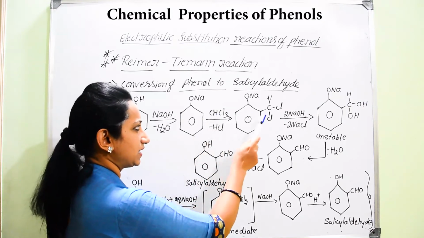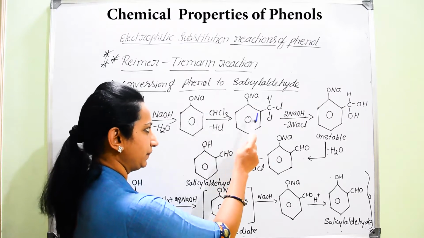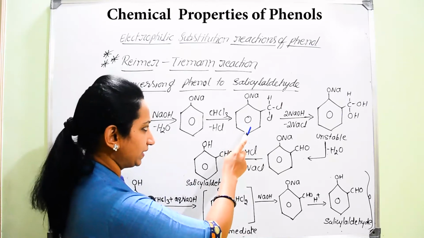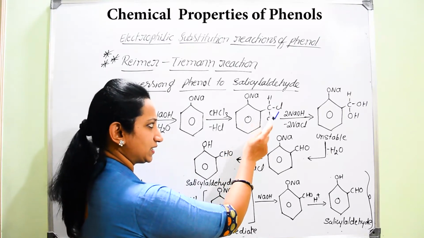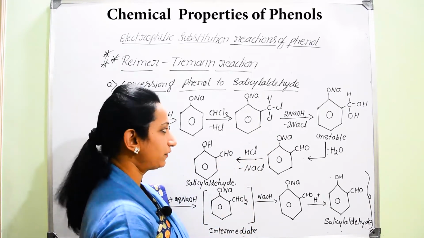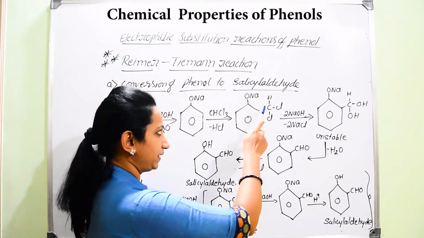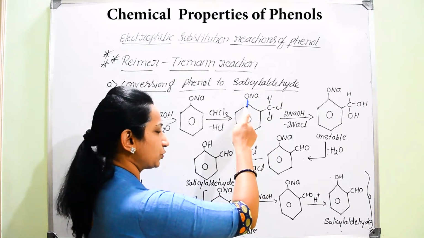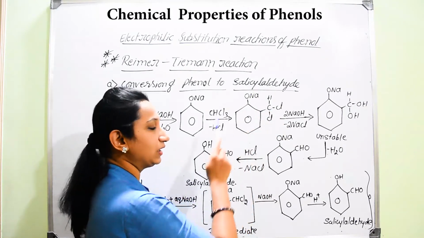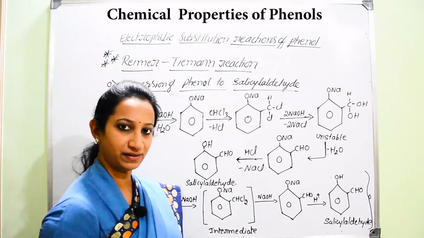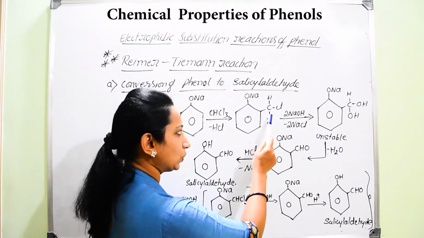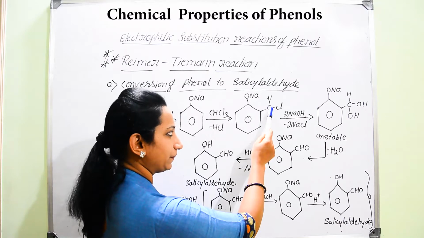Then this CHCl2 group gets attached at the ortho position. Now can you remember, when benzene is attached to CHCl2, that means the CHCl2 group is substituted on the benzene ring, it is considered benzal chloride. But in addition to this benzal chloride, there is a substitution of ONa. Hence, it is a substitution product of benzal chloride. It is actually one of the intermediate compounds. And now, it will not stop here. Now we can find there are two chlorine atoms attached to this carbon atom.